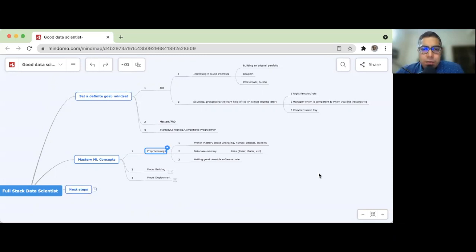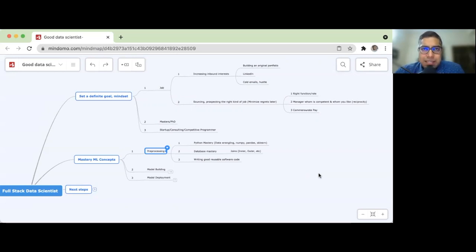You must be good at coding. Now, coding is of two types. People think it's IT programming, like web development, front end, back end, full stack web development. We are not that. But there is data science programming. There is significant overlap because they have Python, the same scripting languages, etc. The fundamentals are the same, but that's pretty much it in terms of the commonality. You must be a master in Python, data wrangling, NumPy, Pandas. We're going to be looking at all of that, and scikit-learn, in our course.